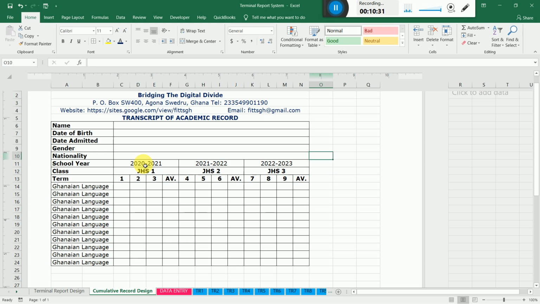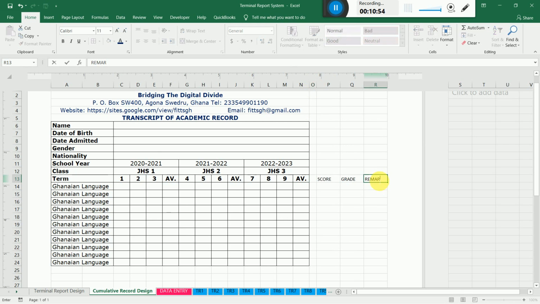So now we need to talk about the grading system. So for our grading system, we know that we have score, we have grade. So I'll close this a little bit. Score, grade, and remarks. So the score we know is from 80 to 100, 75 to 79, 70 to 74, and move to 65 to 69,